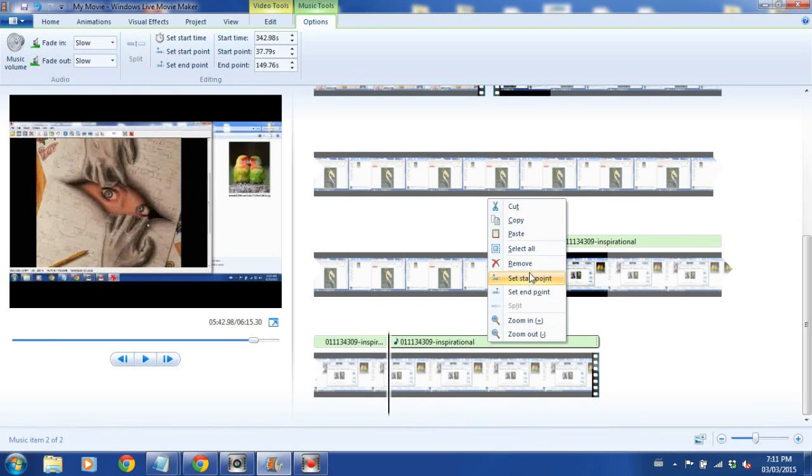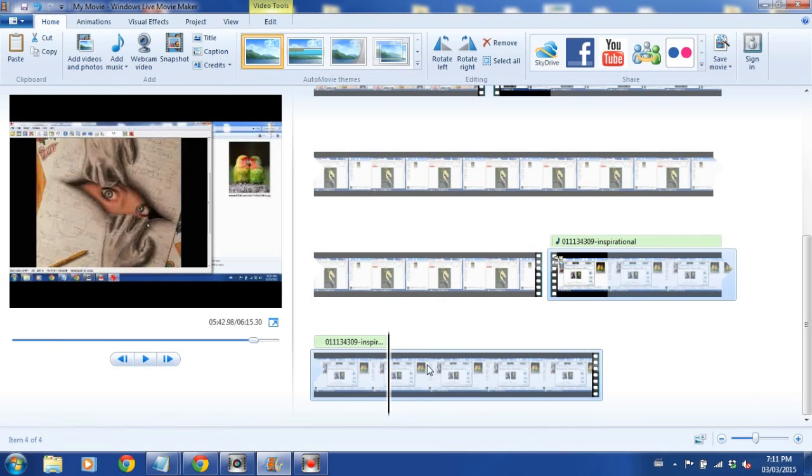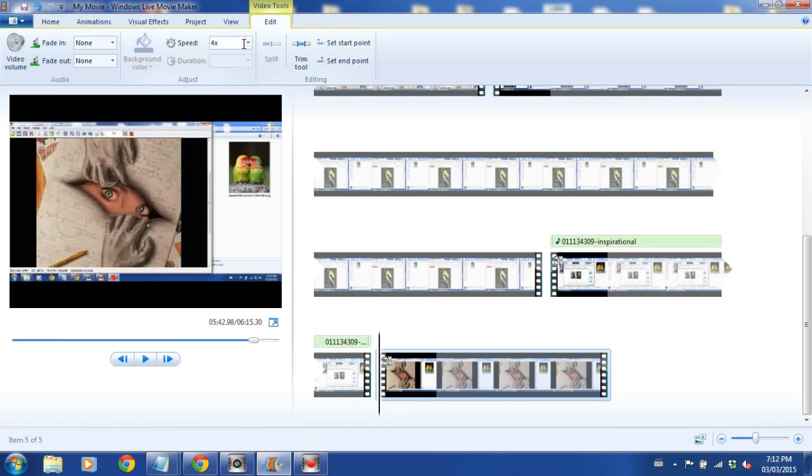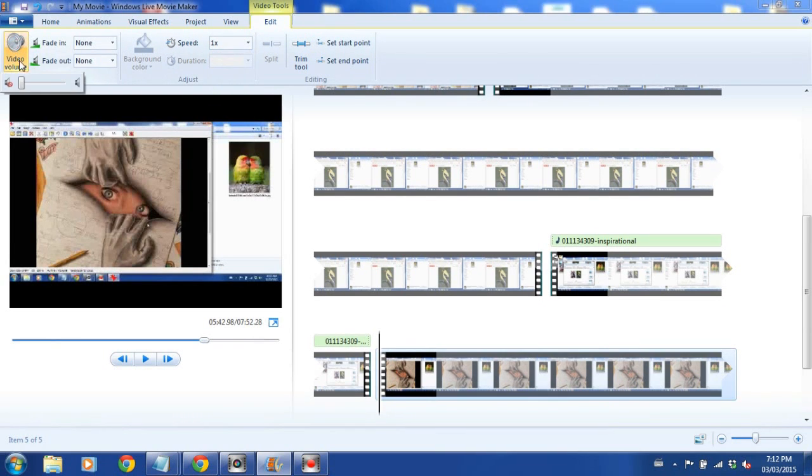That part we want to remove, and at this point I would also edit with your video tools and split it. Put this back to 1 time. Make sure your volume's turned up. Don't forget that, because now you're going to do some talking at the end if you wish. Otherwise, don't do any of this, but this is just giving you a rough idea.